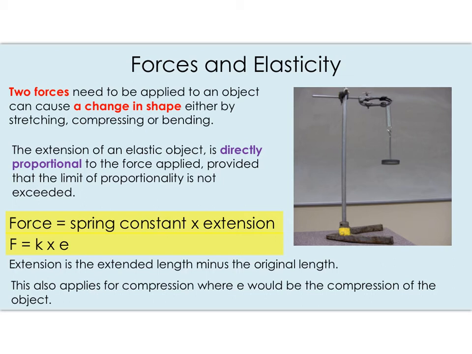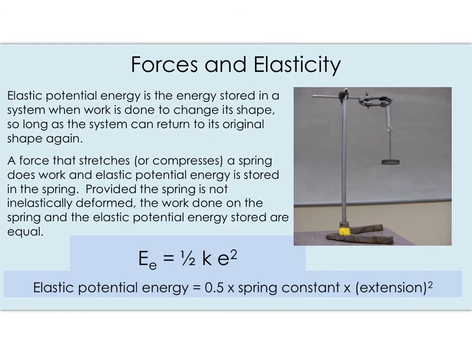This also applies to compressions, where E in this case, instead of being the extension, will be the compression of the object instead. Following on from this, elastic potential energy is the energy stored in a system when work is done to change its shape, so long as the system can return to its original shape again. A force that stretches or compresses a spring does work, and elastic potential energy is stored in the spring. Provided the spring is not inelastically deformed, the work done on the spring and the elastic potential energy stored are